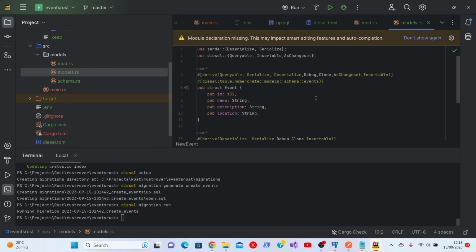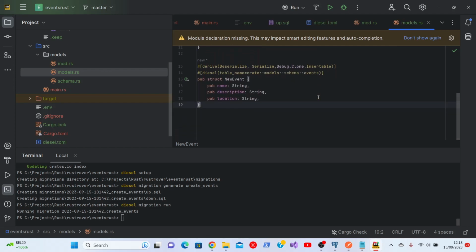Every one of these two structs needs to know which table it has to go to, in this case the events table, and the capabilities of each struct are defined in the derive attribute, like insertable, queryable, serializable, debug and clone as utility attributes. And the same goes for new event. The big difference between new event and event,